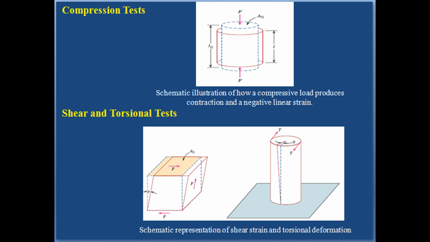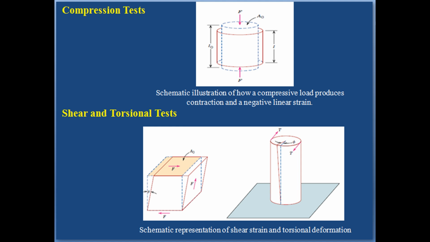Torsion is a variation of pure shear wherein a structural member is twisted in a manner as shown in figure. Torsional forces produce a rotational motion about the longitudinal axis of one end of the member relative to the other end. Examples of torsion are found for machine axles and drive shafts and also for twist drills. Torsional tests are normally performed on cylindrical solid shafts or tubes.